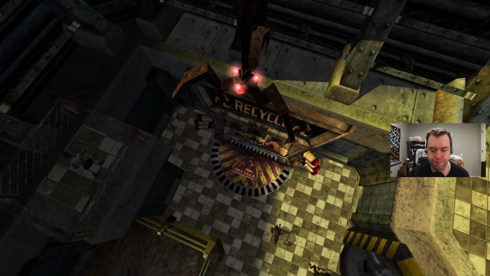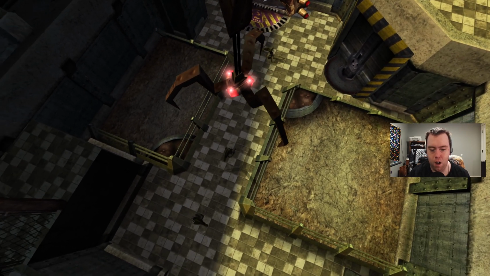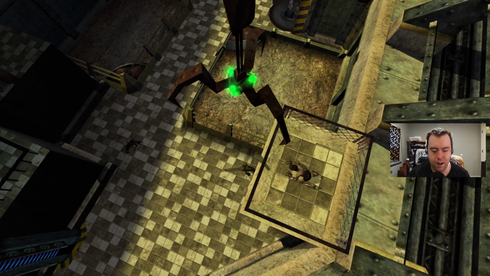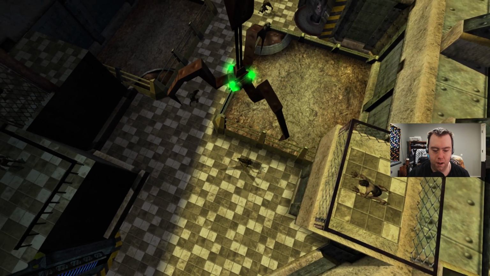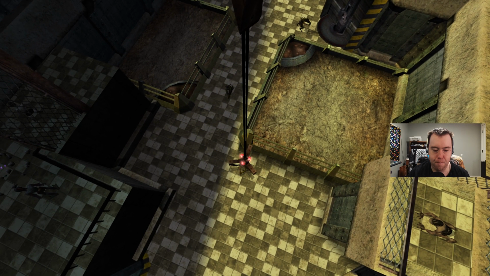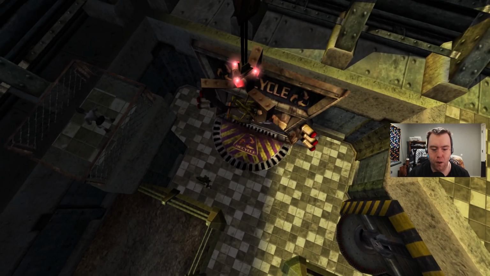Beautiful, beautiful. Now, what you can also do is put the sligs inside the pens as well. That way, you know, they can't run after you and that kind of thing. But, oh, see, it's in the way. There we go. You can throw them in the pens, or you can do what I do and just kill